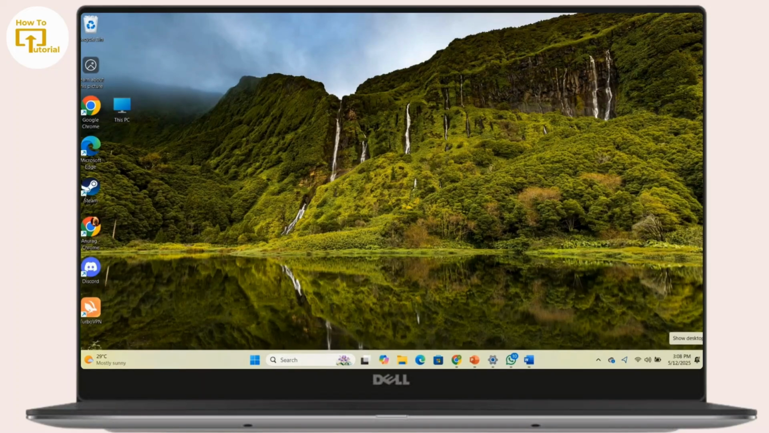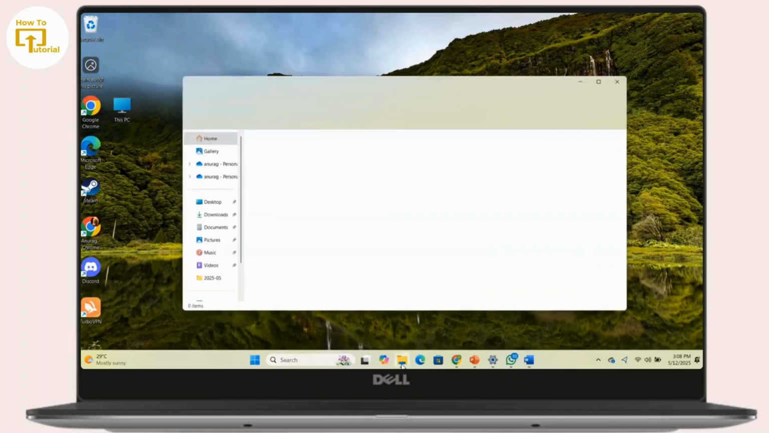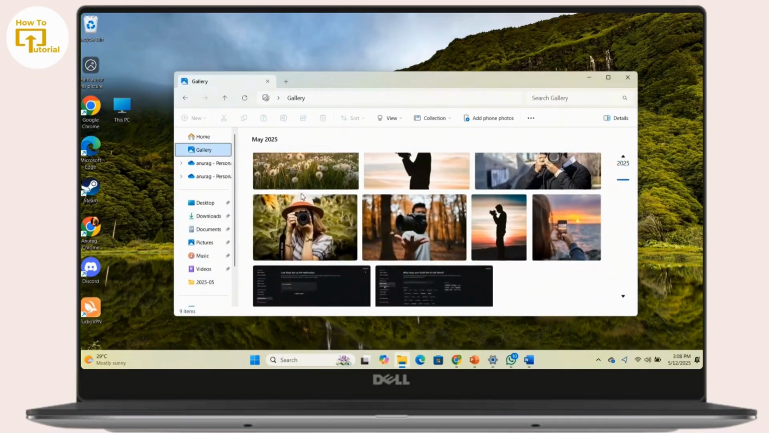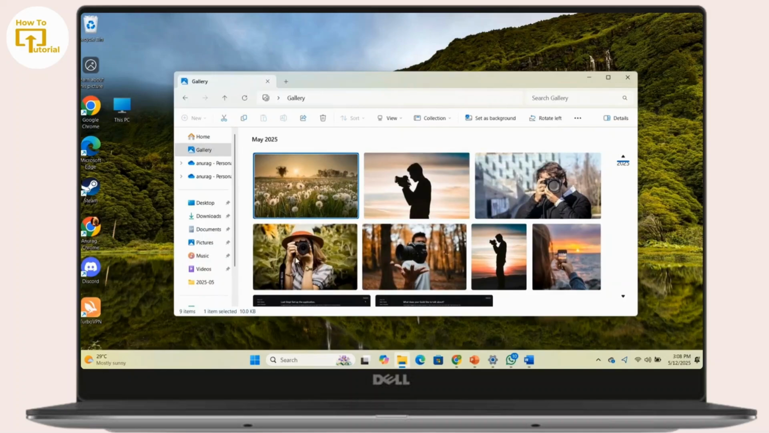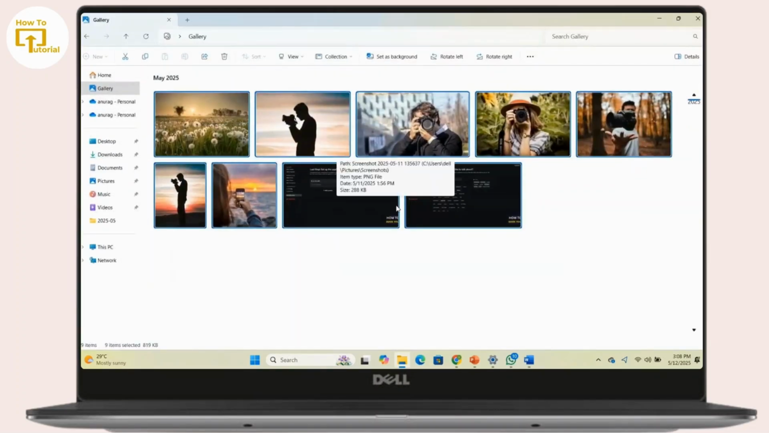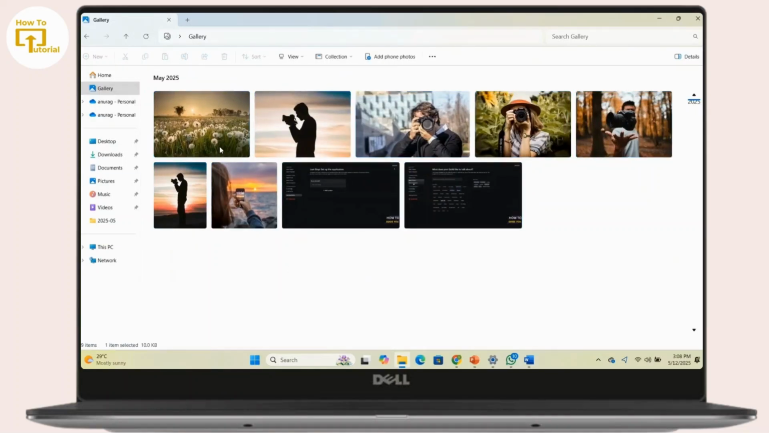So first thing first, open your file and select all the images you want to include in your PDF. You can do it just by holding down Ctrl and clicking on each image or simply selecting all of them with your mouse. Now, once you have selected all the images, you can simply right click on the selected images,